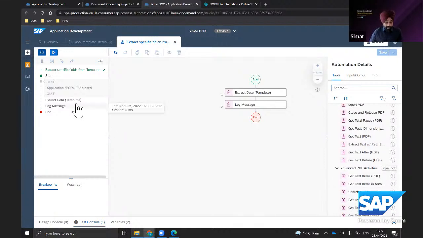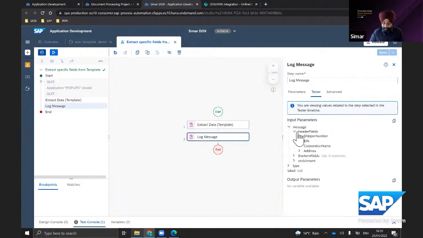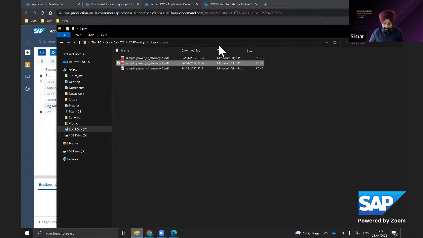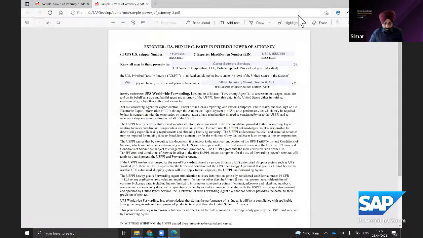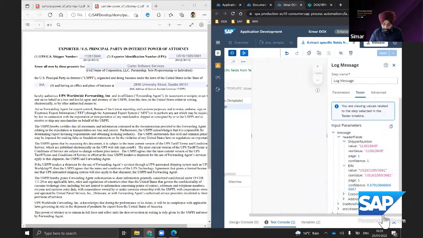Okay, so the data is extracted. Let's see what exact items are extracted. We created the header fields. Okay, the shipper number is this. The EIN number is this, but let's first compare if it's the actual number that we wanted. Let's look at the data.